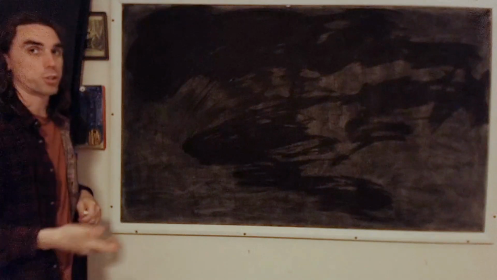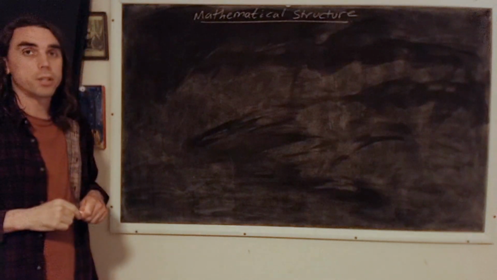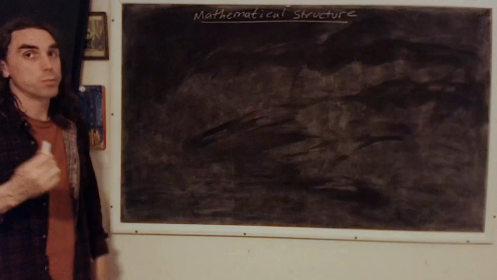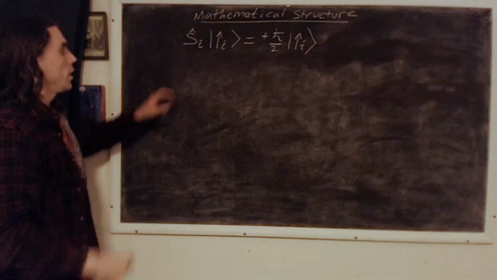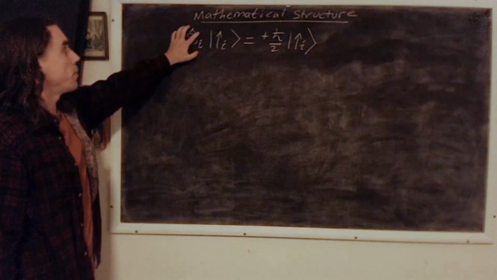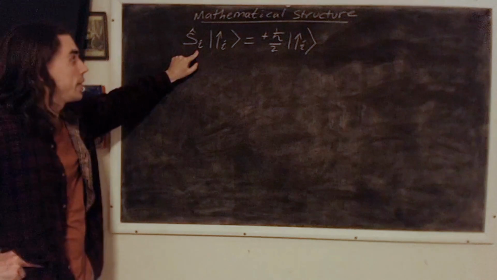Let's look at the mathematical structure that we need to describe the situation. We're going to use matrices and vectors for a reason we'll see in a second. And so let's define the following structure. We'll define some 2 by 2 matrix, S_i, where i can be the direction x, y, or z, acting on